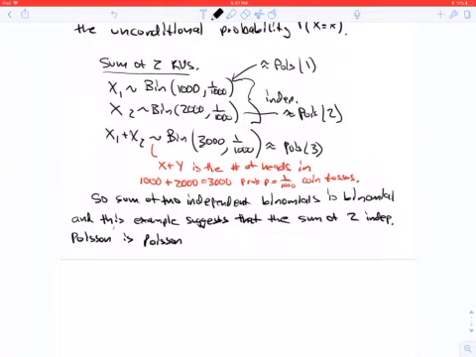Then the sum is like flipping a coin 300 times. And so what you see is that you get a binomial. The sum of two independent binomials is binomial. And in fact, these binomials are approximately Poissons. So you can see that the sum of two independent Poissons is Poisson, something that we will actually